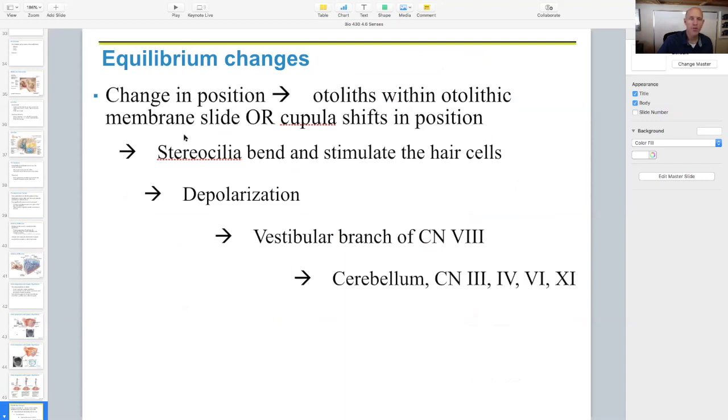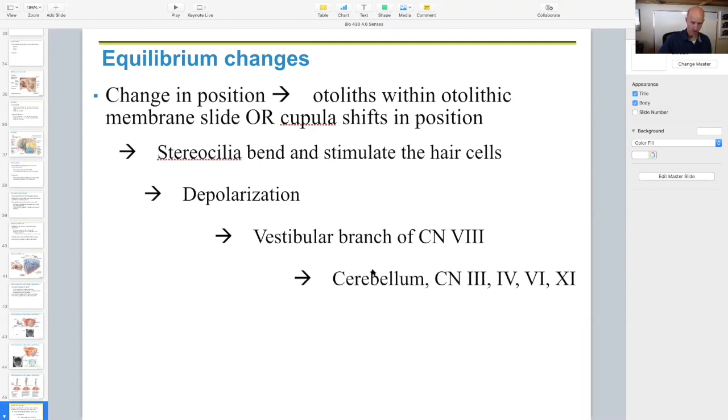So here's what it looks like. We change positions, otoliths within the otolithic membrane, or the cupula, shift position. That's going to cause those hair cells to be stimulated because the stereocilia have bent. That causes a depolarization and activation of the vestibular branch of the vestibulocochlear nerve, cranial nerve 8. That then goes to our brain,